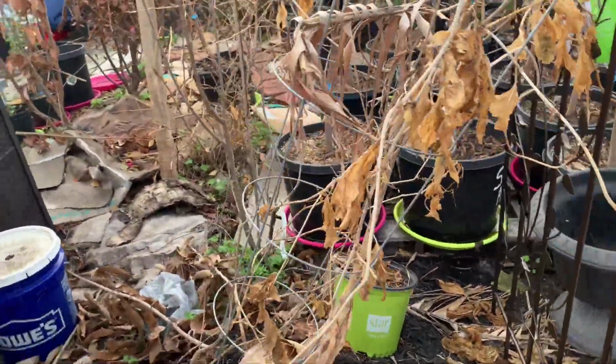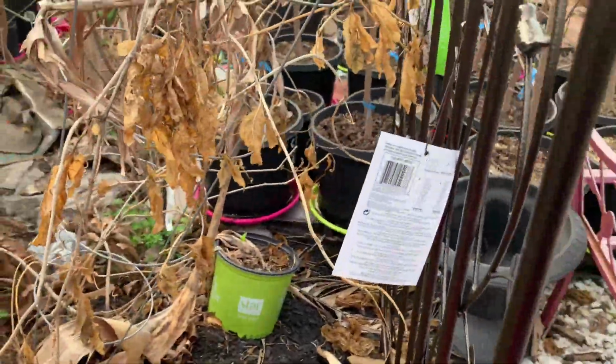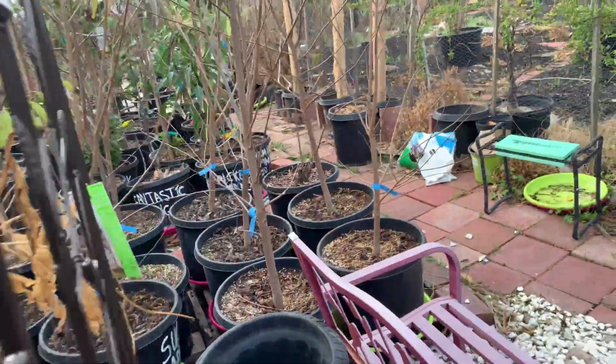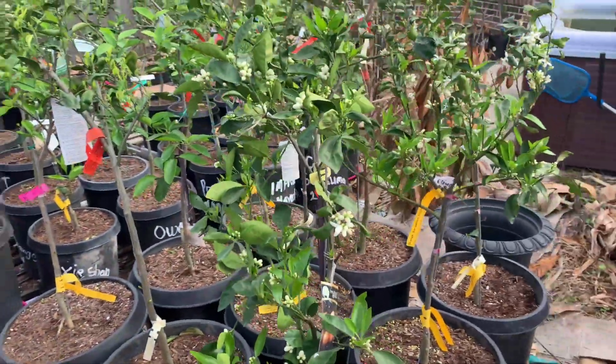This was passion fruit. I'm definitely not trusting that she will come back. I have tried passion fruit a few times, and every year I have to purchase new ones. All right, let's see. We're going. Now here